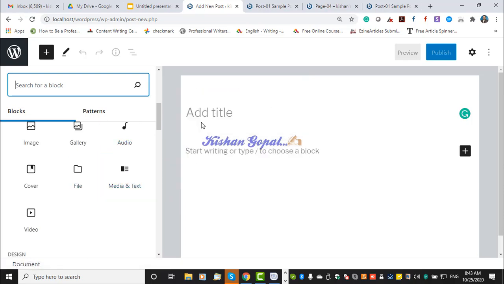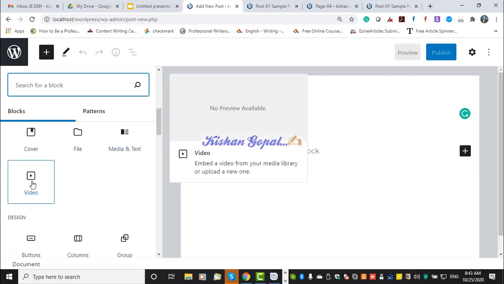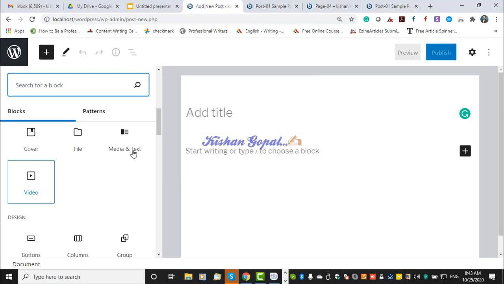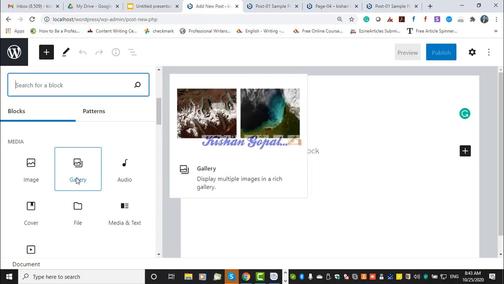Meaning an image will appear here, and beside that you can add text as well, and you can add videos as well. I already suggested in the previous classes that whenever you add images or videos, I want you to use the embedded form of adding videos to your WordPress blog. It helps you reduce the load on your blog. When it comes to adding images also, I want you to use the WP Image Optimizer plugin so that it optimizes your images, reduces the load on your blog post, and helps your blog post load within less time.